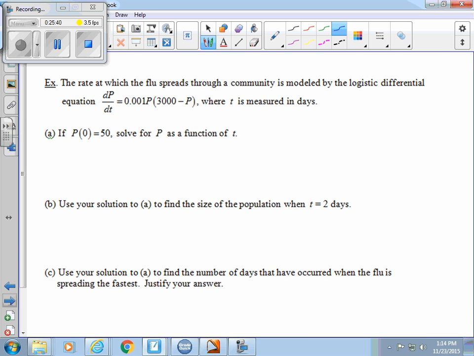Solve for P as a function of t. Okay, so I'm going to do this. Claire asked me, can you do this just using the formula and not using a differential equation? Yes. But I want you to do your homework by doing a differential equation. You need to practice that differential equation. But the question is, if we wanted to shortcut, how would we do it? And so our function p is the limiting factor, which is what? 3,000 over 1